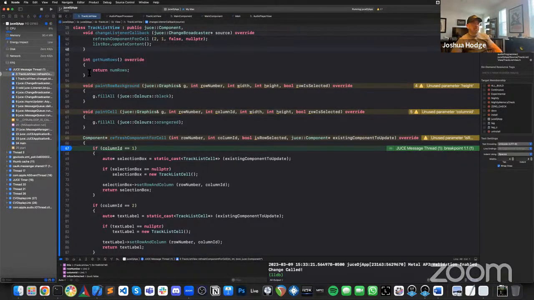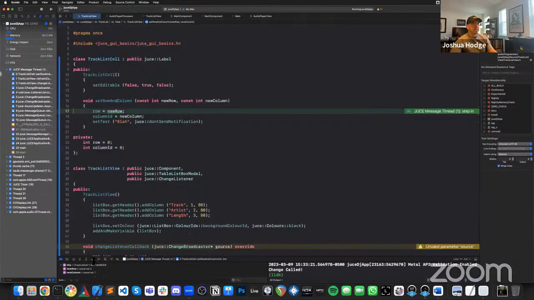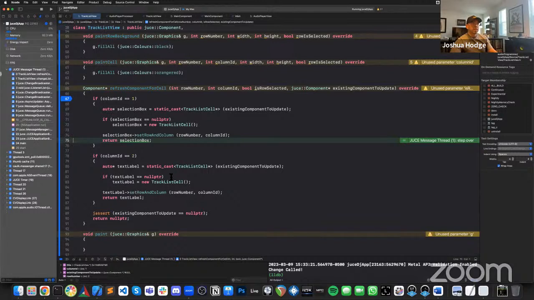So if column ID equals 1, that should go in there. It's a tracklist cell. Okay, creates a new one. Then I'm assuming we want to jump in here. Steps through, steps through, steps through. Then it just returns it. It doesn't actually paint it. Okay, so then